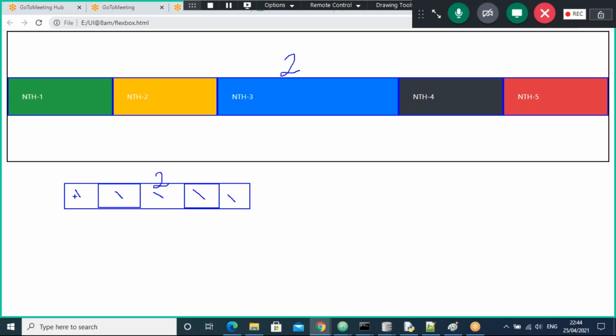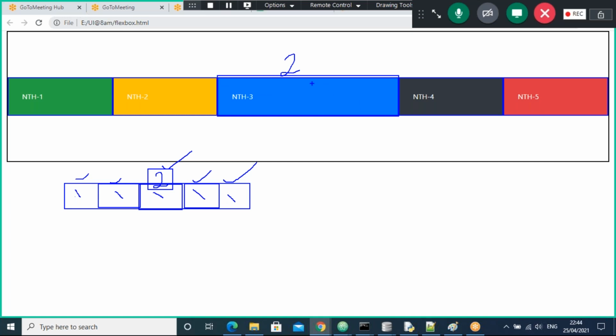Now what happened here? It becomes 6 parts. This is part 1, part 2, then here 2 parts, then 4, 5, 6. Total 6 parts, and out of those, 2 parts belong to nth3.